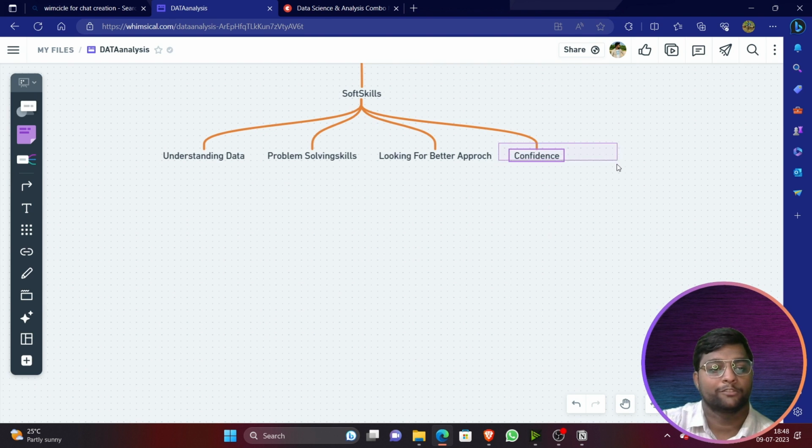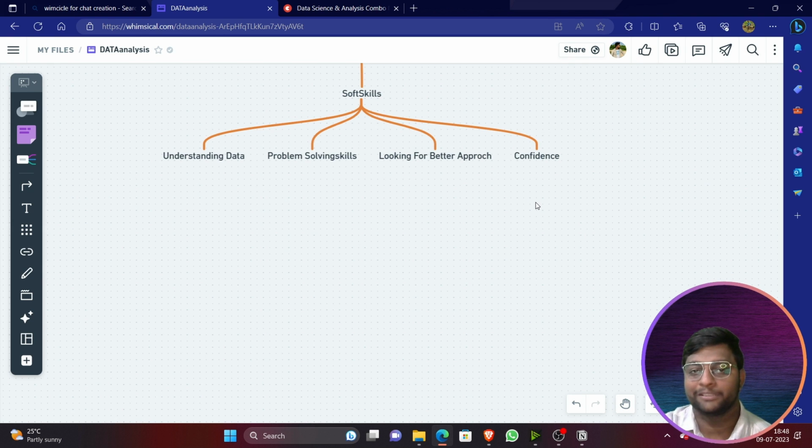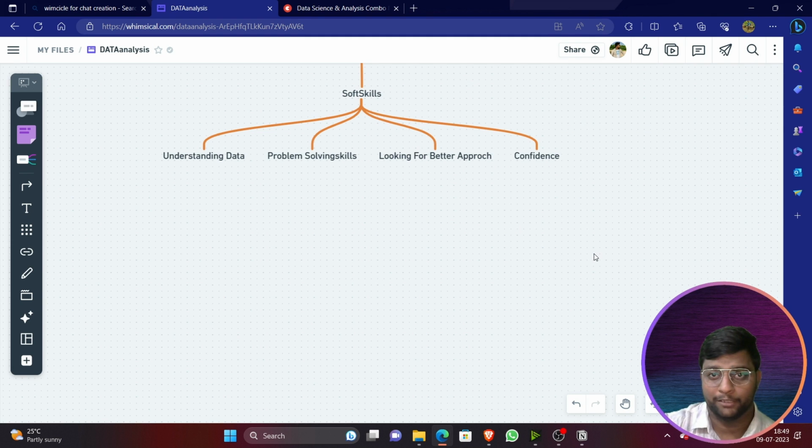After this, the confidence. Confidence definitely plays a key role for a data analyst, because whatever reports they will be creating, right? Creating is 60 to 70%, but understanding data and explaining the data, and based on the reports, explaining those reports visually and explaining to the directors in the conference room, that is definitely important, and you should definitely know how to do that. So this is important. So for that, you should be confident. If your confidence is not that much, that is a problem, but you should not be overconfident also. Whatever you are telling, you have to try to tell it correctly only.